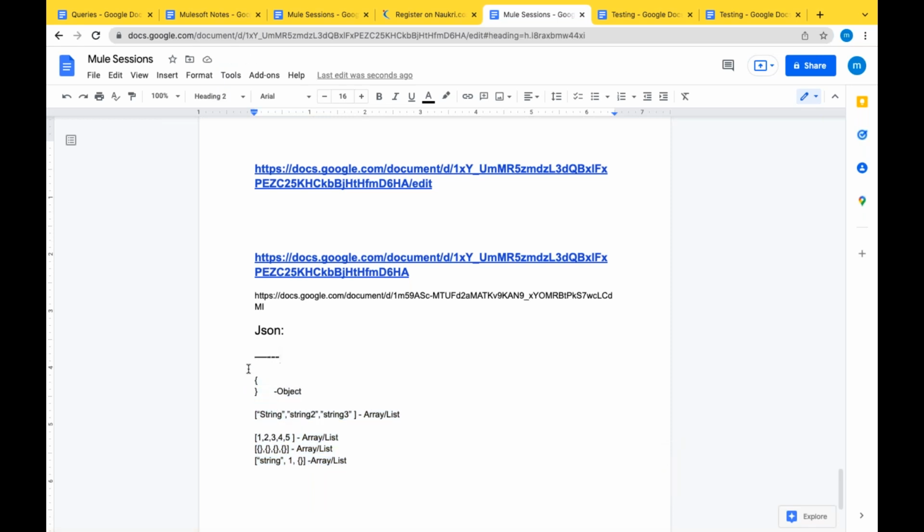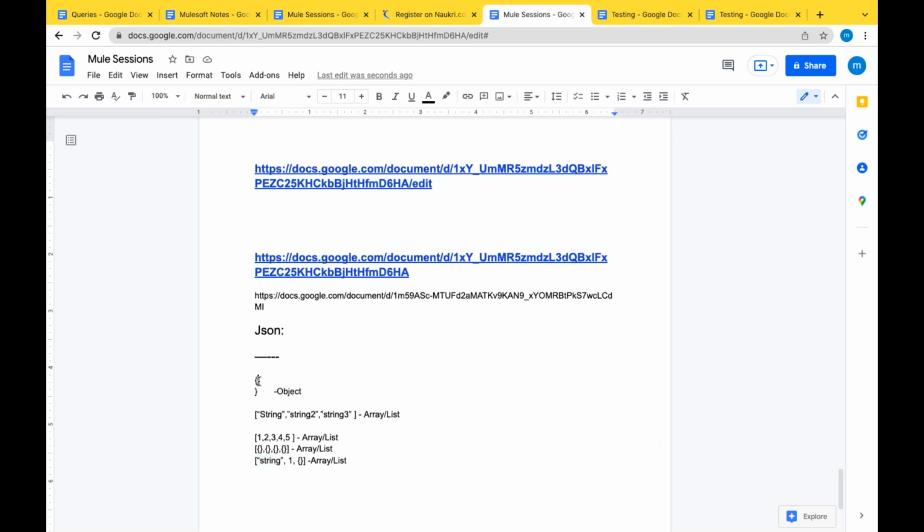So if someone says JSON input, it may not be only an object. It can be a list of strings, a list of numbers, a list of objects, or a list of strings and objects. Anything can be the input.